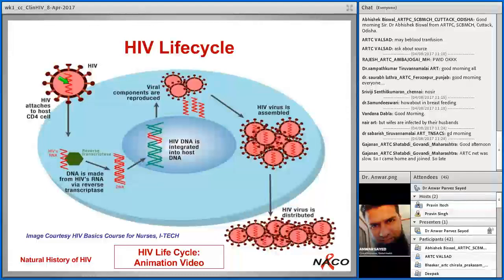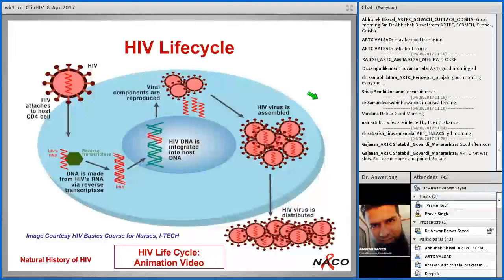of HIV. This is the HIV virus, which has a single-stranded RNA and 3 enzymes in it. The 3 enzymes are: one is reverse transcriptase, second is protease, and third is integrase. So firstly, what is a CD4 cell? A CD4 cell is nothing but a T lymphocyte. You all know that there are WBCs, RBCs. In WBCs, remember the differential of WBC, you have lymphocytes, monocytes, neutrophils, eosinophils, basophils, all those things. In lymphocytes, there are 2 types basically, T lymphocytes and B lymphocytes.